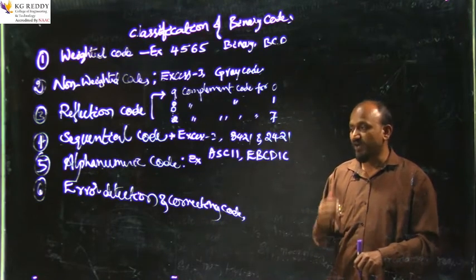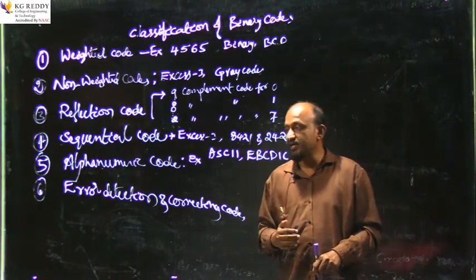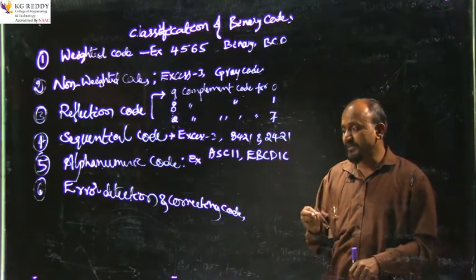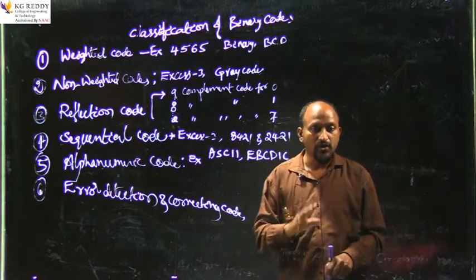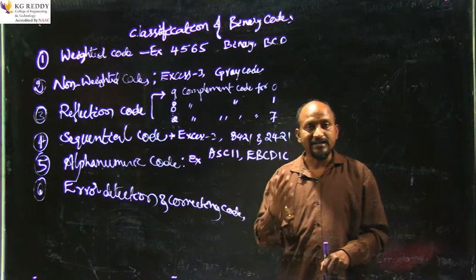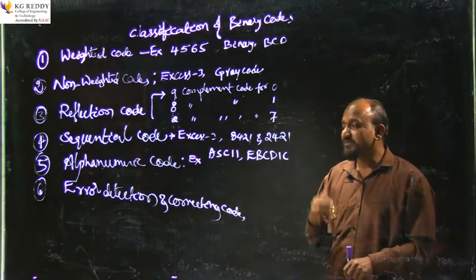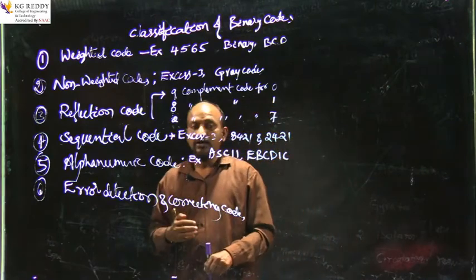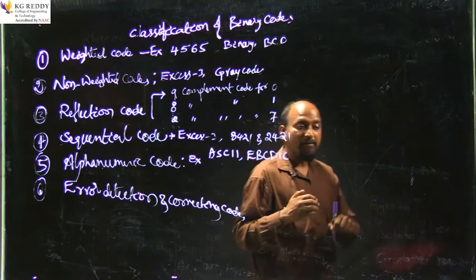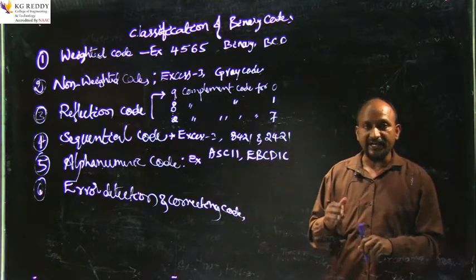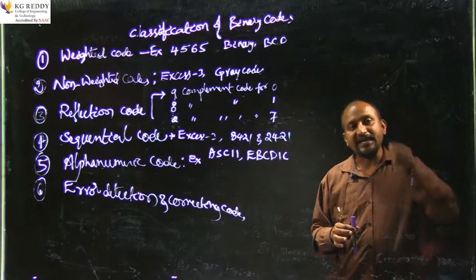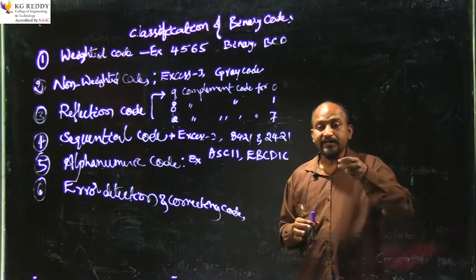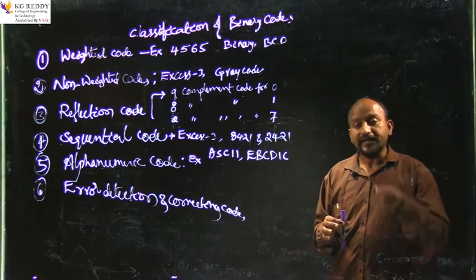Due to the presence of noise, the data we transmitted from the transmitter section may be lost at the receiver. That means a 1 can change to 0 or a 0 can change to 1 at the receiver side. To overcome the presence of noise in the received data, what do we have to do? Before transmitting the data, we need to add one extra bit to detect or correct the error.